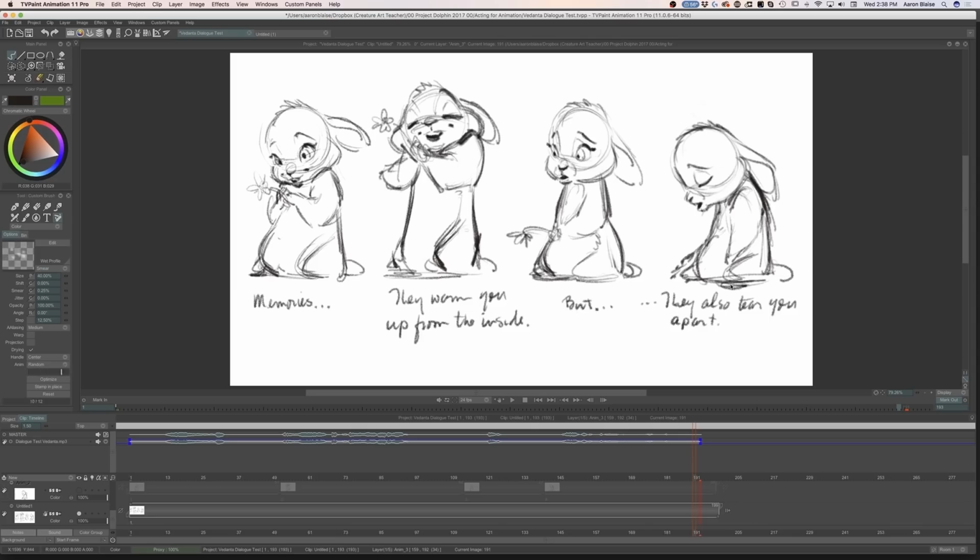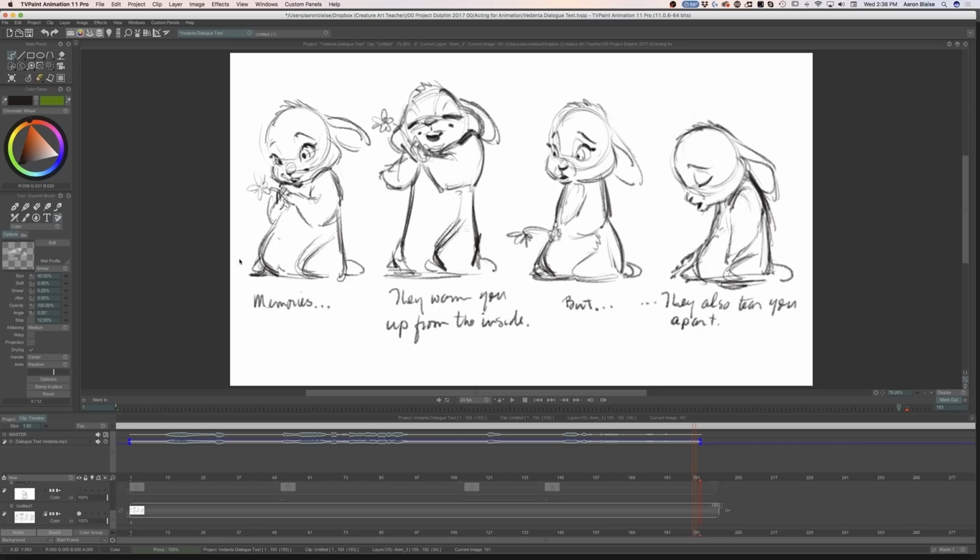"They also tear you apart." And you can even see in this drawing where I was working really hard to get that slouched attitude in her body, like she's just utterly defeated. So she's happy at first because she's thinking about how great memories are. That's the main pose right there. But then she ends up utterly defeated. If you look at these two poses, from an attitude standpoint they're really opposite of each other. I want that clarity. I want it to be very strong, very clear, a definite change in attitude. To me, that's how you get clarity in your acting for animation.